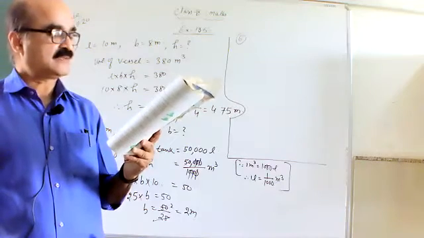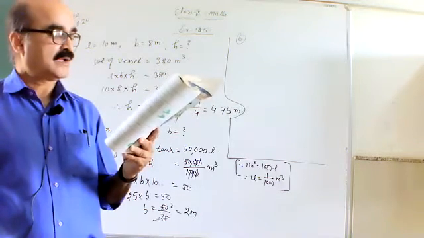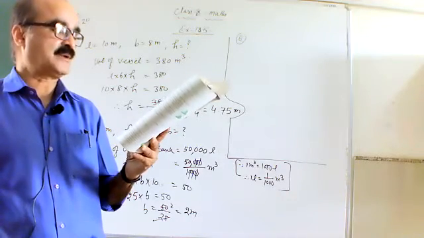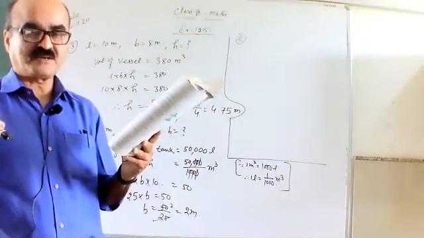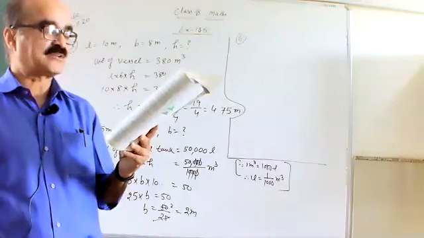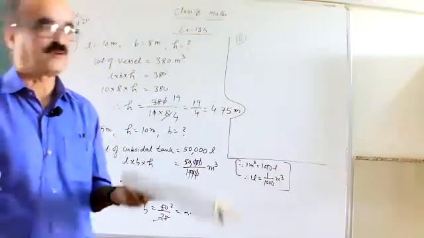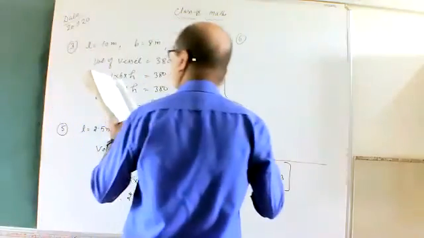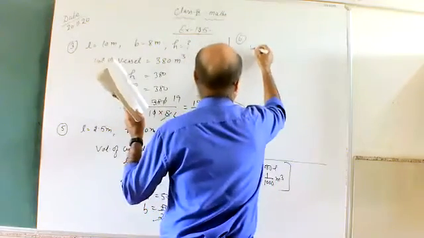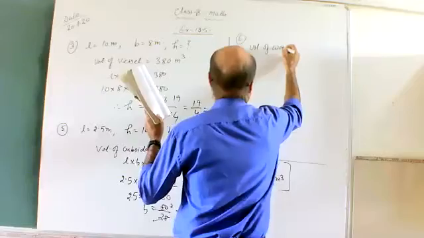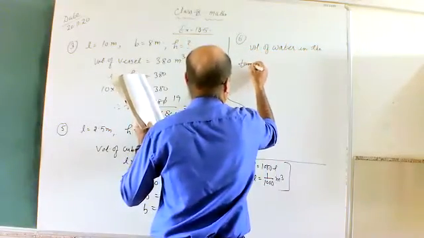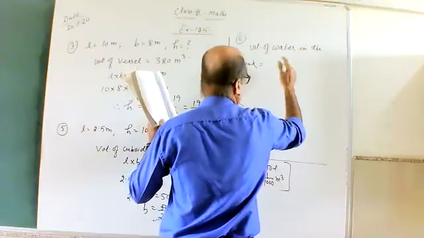And it has a tank measuring 25 meter, 15 meter and 6 meter. और जो यहाँ water tank लगा हुआ है उसकी length, breadth and height दी है. So for how many days will the water of this tank last? So first of all, find out the volume of water in the tank. Volume of water in the tank, that is in the shape of a cuboid.